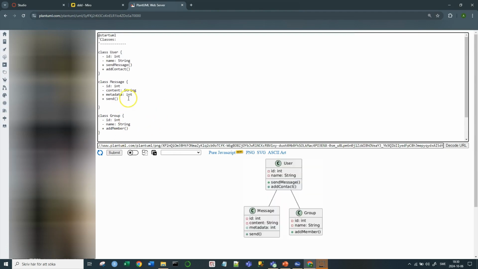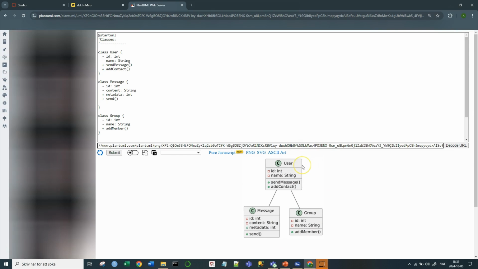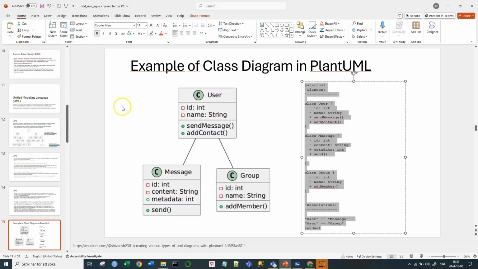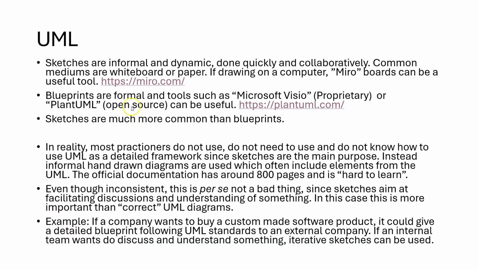and then submit the code, we see that here we have created a PlantUML diagram, or simply a UML diagram. So by using PlantUML, we can create formal UML diagrams. And I leave the details for you to explore. So if we now go back to our PowerPoint, and here, so as I said, blueprints are formal, and tools such as Microsoft Visio and PlantUML can be